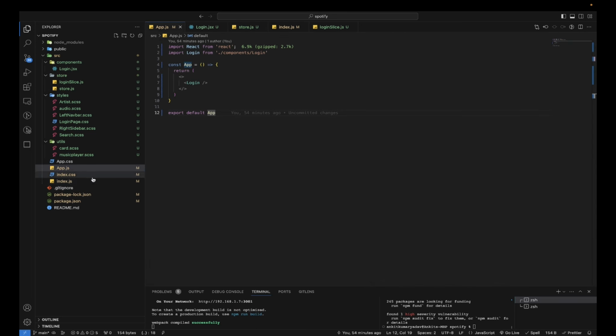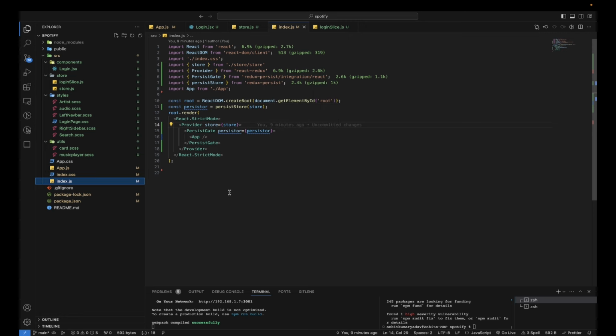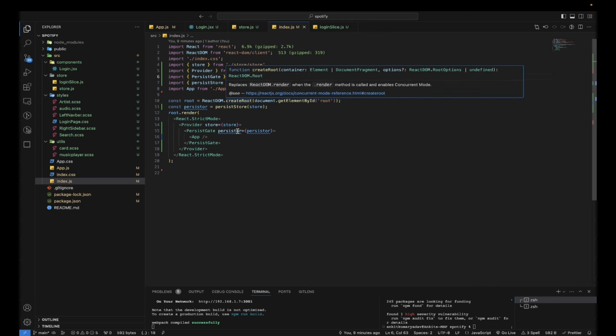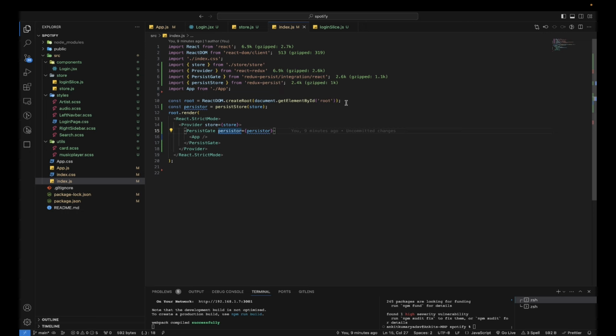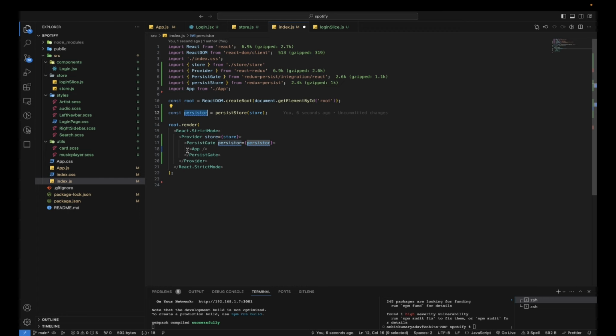For our Redux state to be persisted, we need to pass something more in the index.js file. I have imported PersistGate and persistStore. PersistGate I have imported from redux-persist/integration/react, and this persistStore I have imported from redux-persist. After importing, we just need to create a constant and give it the name persister. Pass the store to the persistStore function. And this persister, we need to wrap the App with this PersistGate and pass the app inside